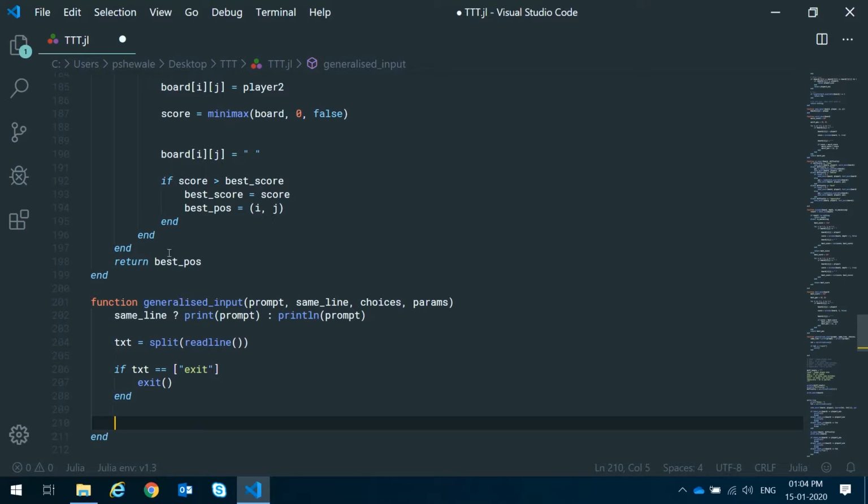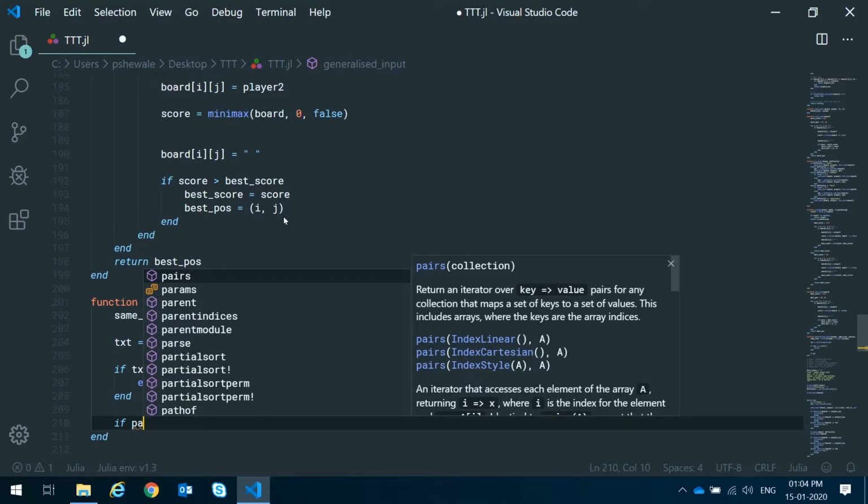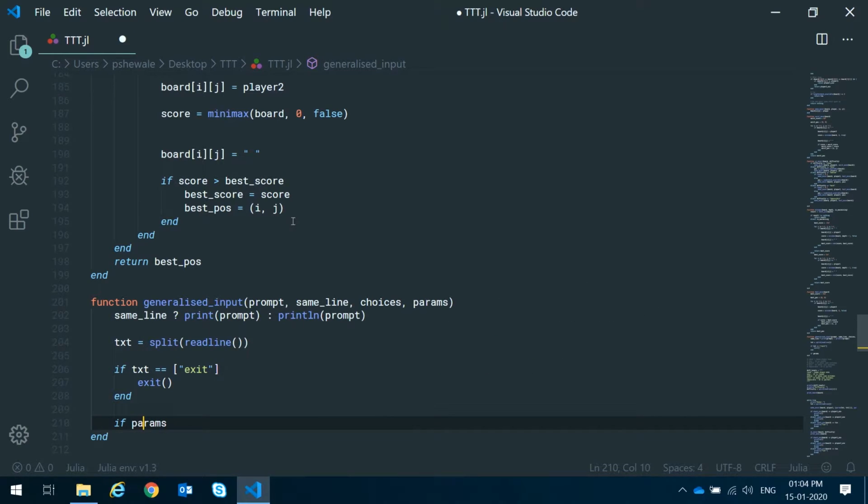Otherwise, we want to check if the number of params is valid. So if the length of the text, if the number of parameters required and the parameters the user provided are the same, then you also want to check if the